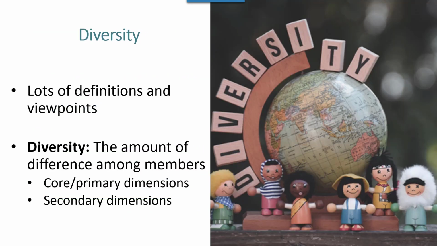Diversity is about variety, or difference. Let's look at a few different definitions. Diversity is often used to refer to the mixture of races, genders, or religions that make up a group of people. Harrison and Sin define diversity as the collective amount of differences among members within a social unit. Diversity refers to policies and practices that are designed to include people who are different in some way from the traditional group members.